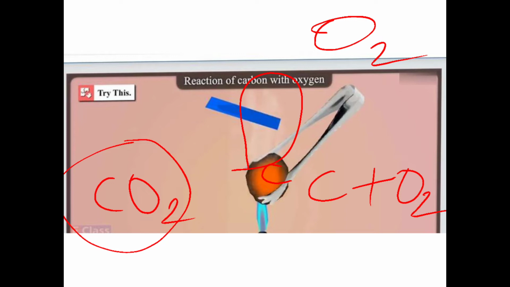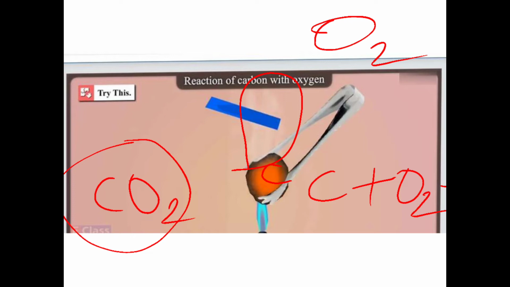Third one, what change takes place in the litmus paper? Blue litmus paper turns red. Fourth one, write the chemical reaction taking place. So C plus O2 gives you CO2. Right? So such questions can be asked, children, 3 marks to 5 marks. 3 questions of 3 marks, 5 questions of 5 marks. So like that they can ask questions based on it. Okay, so please write down the answer, or at least take a screenshot so that you can write it down later.